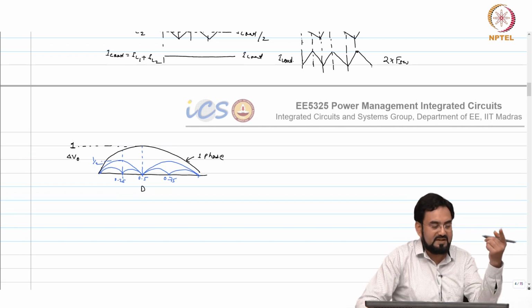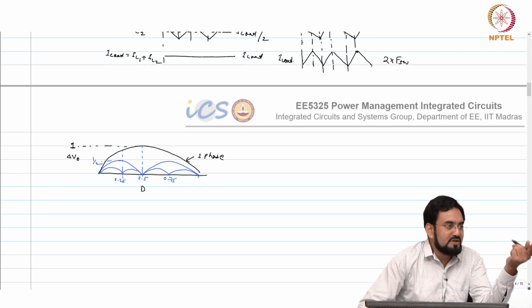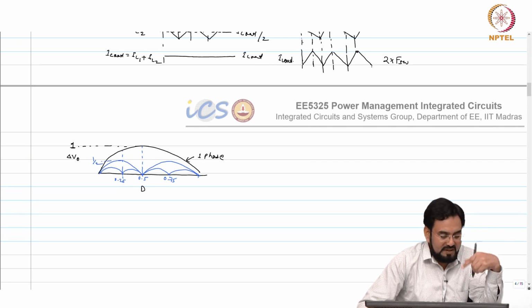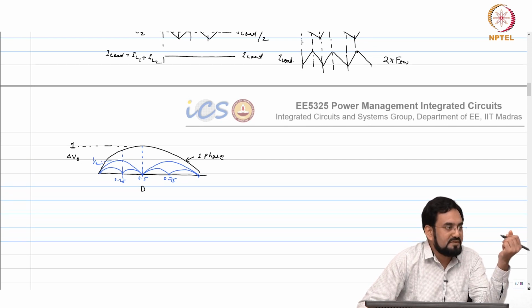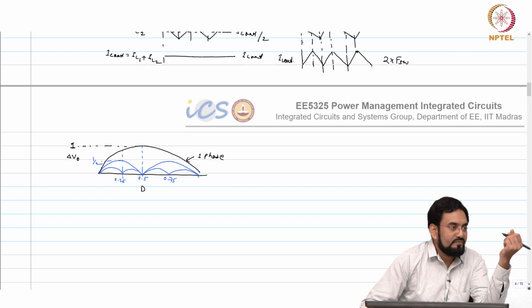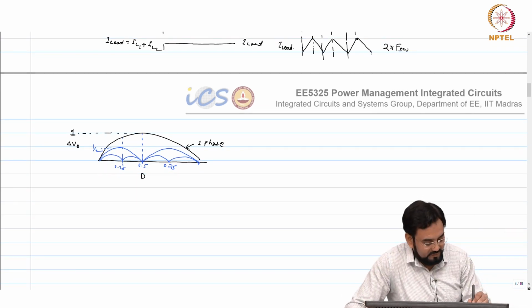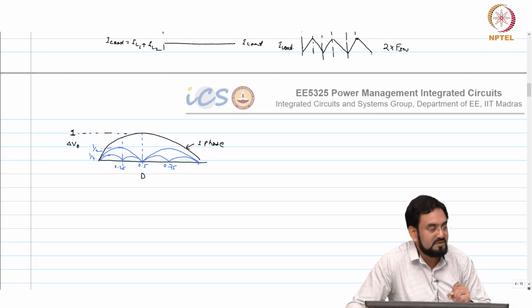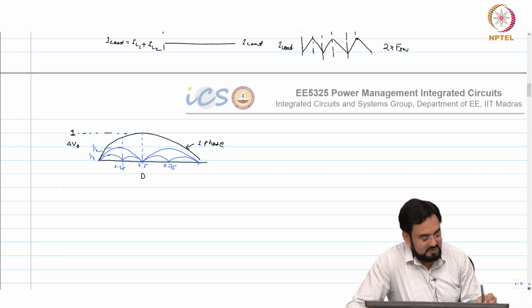So when you have a 4 phase, then you will get a 0 ripple at 0.25 and 0.75, and this will be 1/4. So your ripple is actually